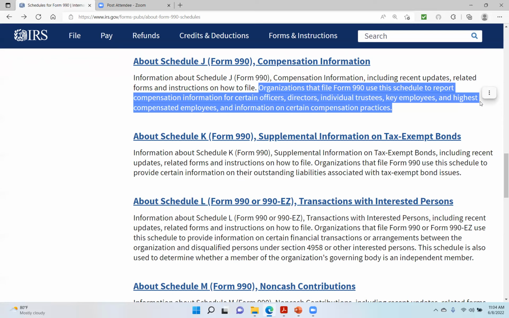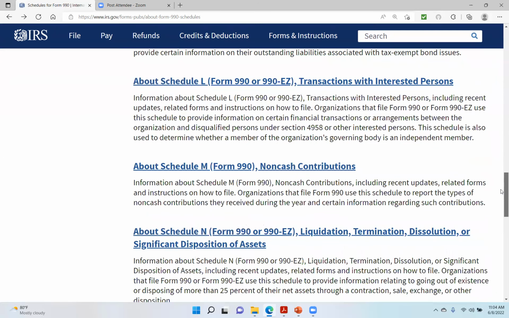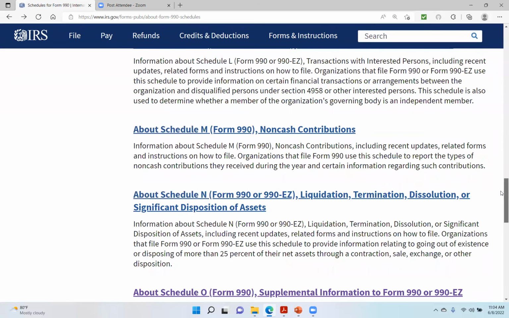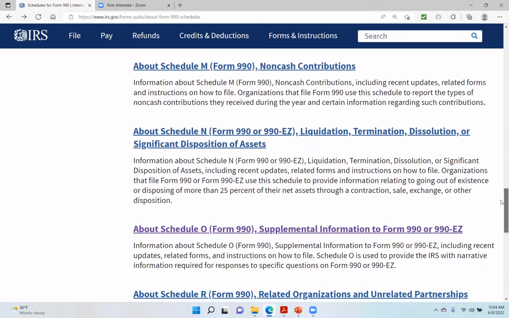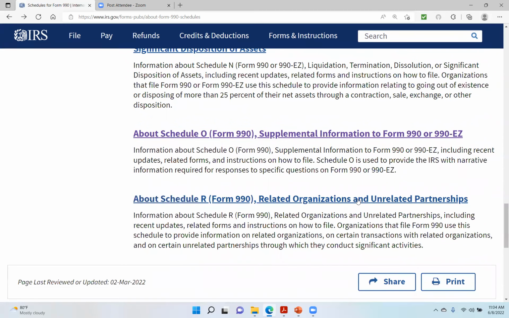Schedule J, I need to search for that one because that one should outline everything the organization provided regarding compensation. So let's keep going. Schedule K, Schedule L, Schedule M, Schedule N, Schedule O. I'm going to pause for Schedule O because Schedule O is very popular for organizations to